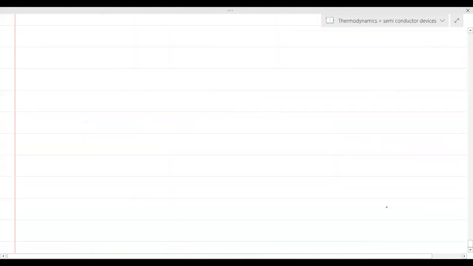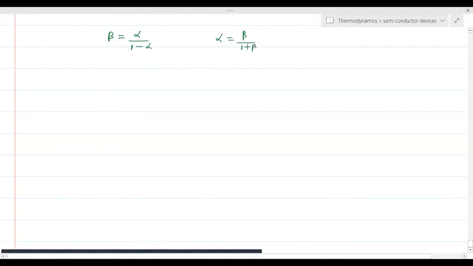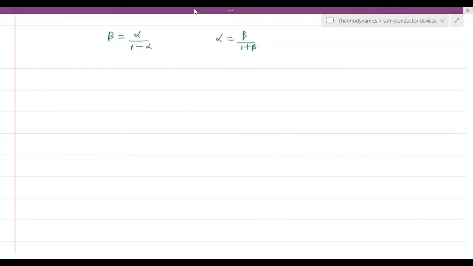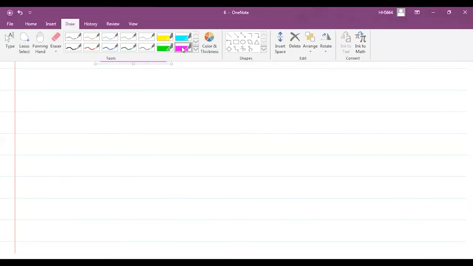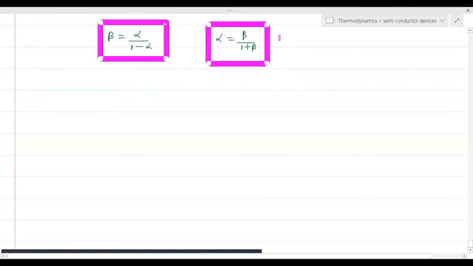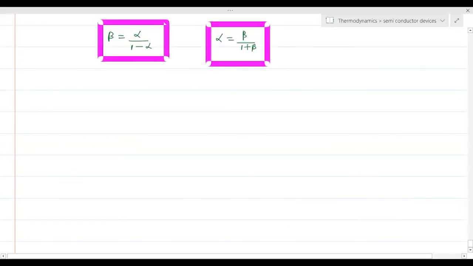Now, the most important part of the transistor. Because we can remember all these formulas very easily, of course, we have a relation between beta and alpha. We can write beta equal to alpha by 1 minus alpha, or alpha equivalent to beta by 1 plus beta also we may use. But the students should be very careful in understanding the upcoming equations. Those are very famous, and these are some of the toughest parts of the transistor.